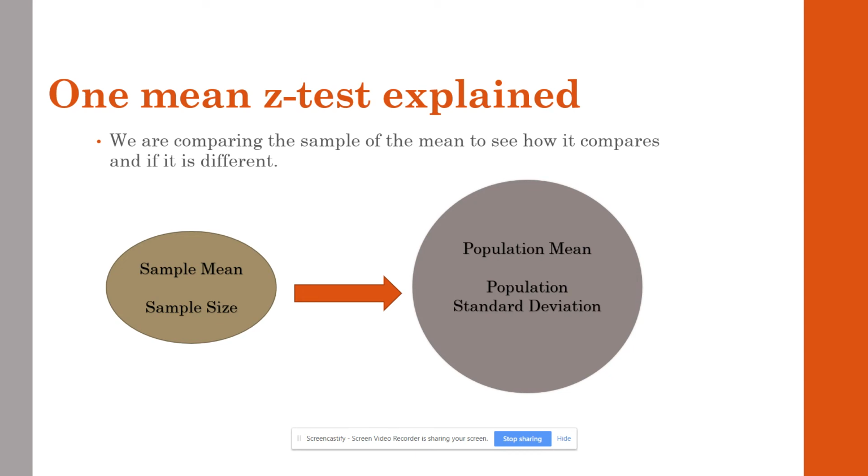So why are we running this test? We want to see if this small sample over here is different from our population. Why do we want to see the differences? Because maybe we're doing drug trials and we want to see if that sample lowered cholesterol, or if it's a new type of technique for learning. So our whole goal of this is to see if that sample is different from that population.